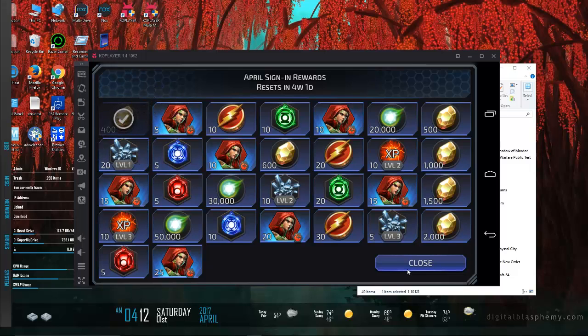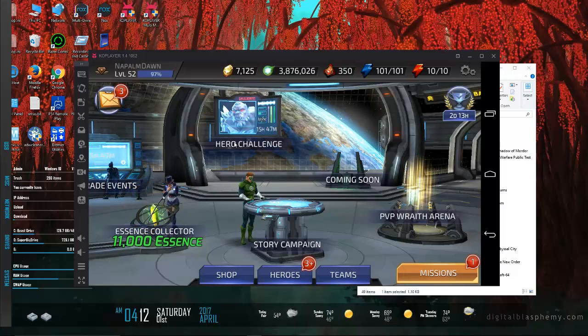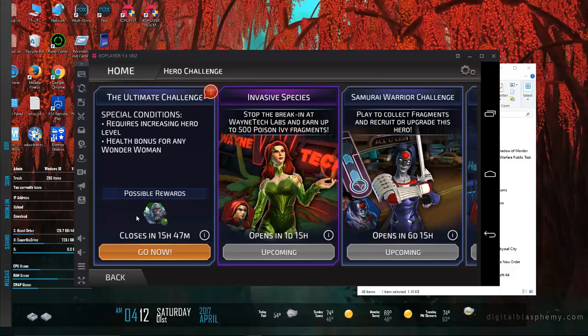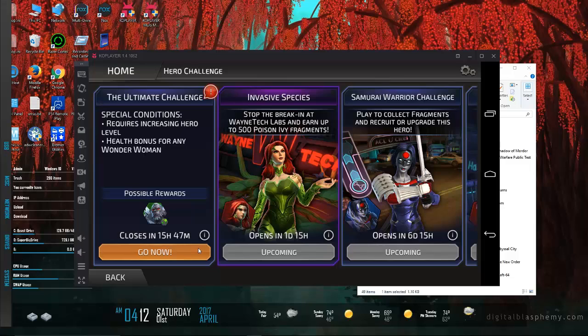Now, I think we ended March with like a 40,000 essence here on the last day or something like that. So the hero challenge is going to be Doomsday. Not up for very long. We knew about this one for a while, and it was like coming, and it's just basically a day. Now, if you don't have anything for Doomsday, it takes 90 to unlock him,